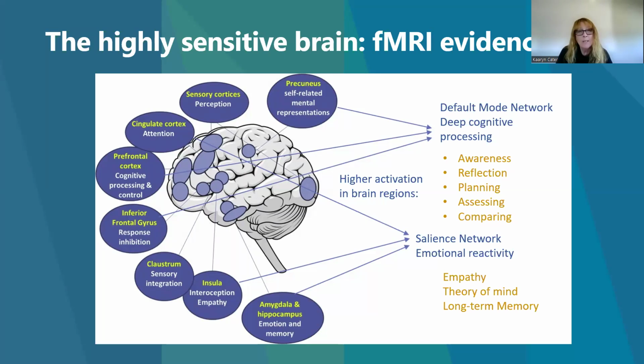So there are some differences in brain functionality between highly sensitive people and others. So if you see here, fMRI evidence shows that there's increased activation in two of the main brain networks, the default mode network and the